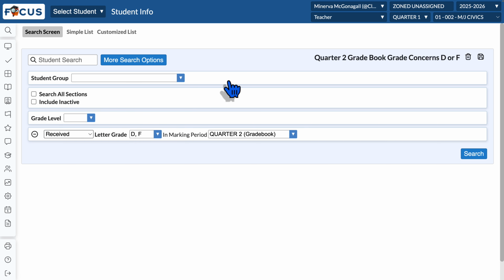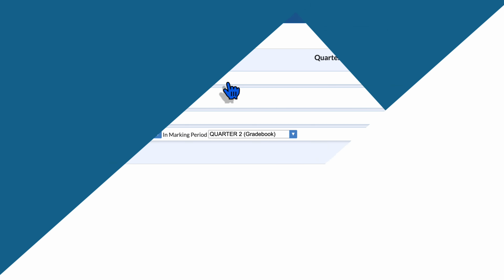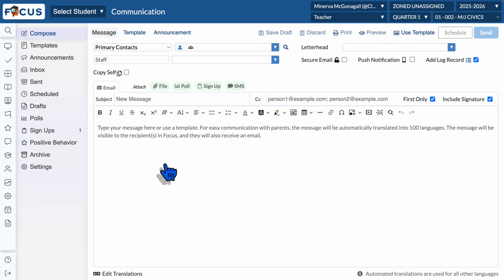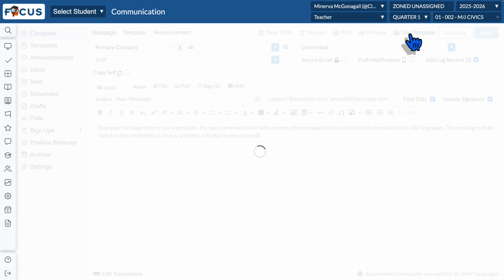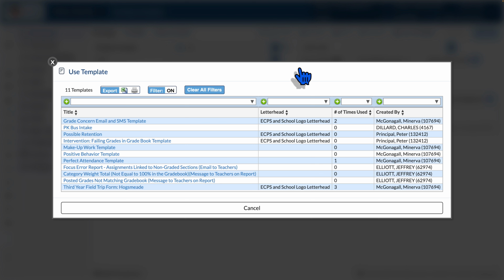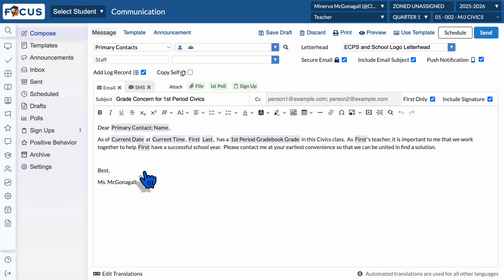Now let me show you how you can use a template to add more time back to your day. Now that I'm in my communication module, I've clicked on my compose screen. I want to use a template that I've previously created. Don't know how? Check out our template video. Clicking Use Template is going to bring up some options for me, and I'm going to choose this grade concern email and SMS template. When I do that, it's going to automatically populate everything that I've set up for this